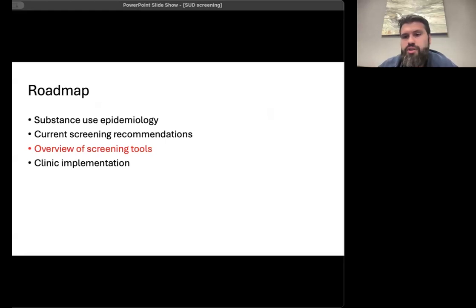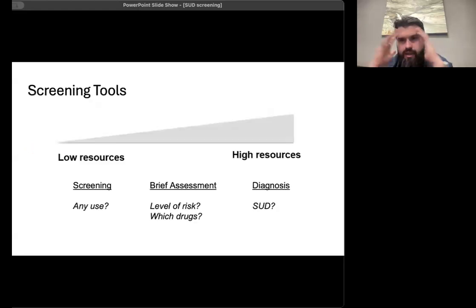So how exactly would you do that, right? And that's what these screening tools are. So when I think of screening tools, I generally think there's a whole bunch of them. I'm going to say that, and we're only going to cover a few of them right now. But screening tools can sometimes take a little bit of time, and they can be low or heavy resource dependent. So do you have 15 to 20 minutes to go through this, or do you only have a few minutes to go through this? And being totally understandable, especially in the primary care setting where there's so many things you have to do, how do you add these additional pieces to what your workflow would look like, right? And I think that's important to look at.